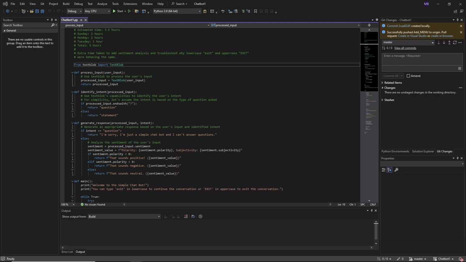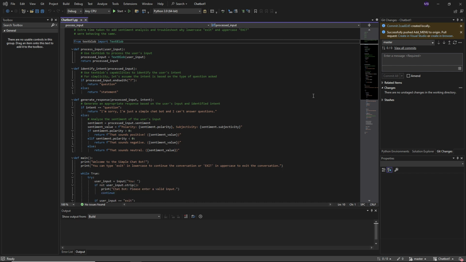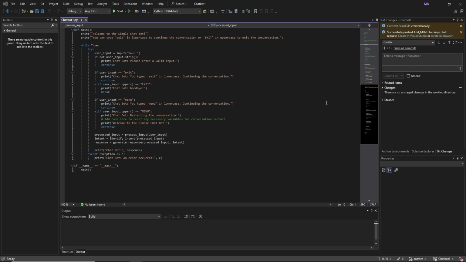TextBlob is a Python library. It's used for processing textual data, so for common natural language processing tasks such as parts of speech tagging, noun phrase extraction, sentiment analysis, classification, translation. There's a whole bunch of other things that it can do. It's built on top of NLTK. It's another type of pattern library, and it's easy enough to use for beginners while being powerful enough for advanced